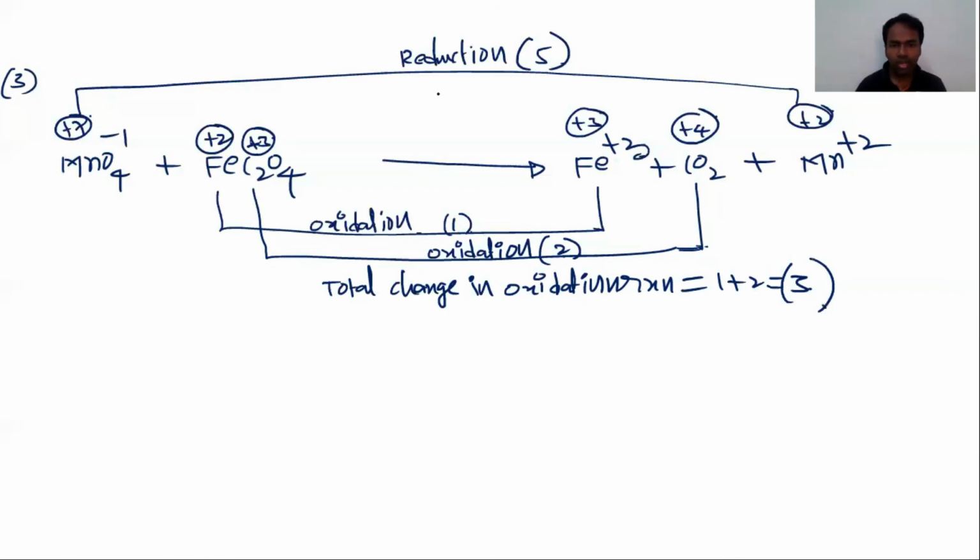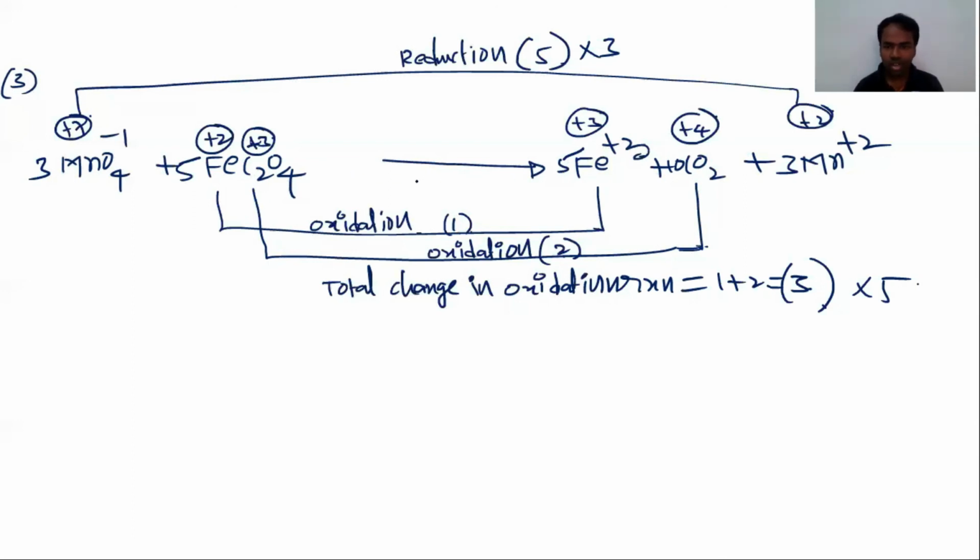Okay. So here this change is 5 and this change is 3. The next step is we need to make them equal. Multiply by 3 and multiply by 5. So the oxidation reaction multiplied by 5: 5 times 2 is 10, so it becomes 10 CO2. Now this reaction multiplied by 3, so 3 MnO4⁻ and 3 Mn2+. Here 5 iron atoms, 10 carbons, 3 Mn. So all atoms are balanced other than hydrogen and oxygen.